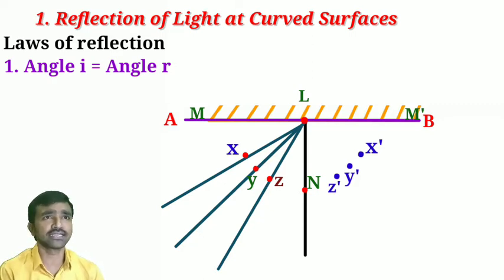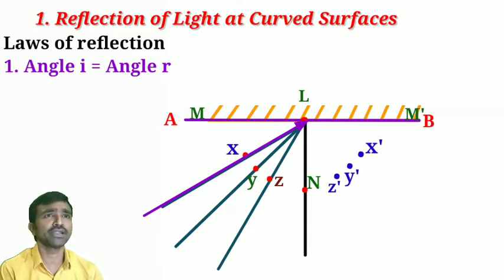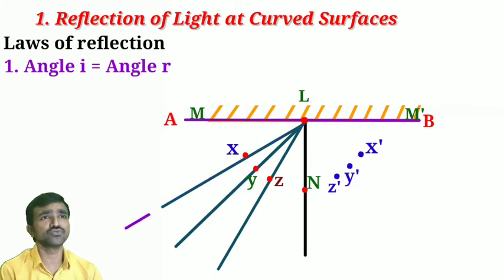So select your laser light. Here I am going to use light rays along these paths. When the light ray meets the mirror surface, what happens? According to reflection, it bounces back from the point of incidence. For all the rays I am going to use the point of incidence L only. First I will use the light ray to focus at L along the path XL. When the light ray meets the point L on the mirror, from there it will reflect back. So that light reflects as you see here.